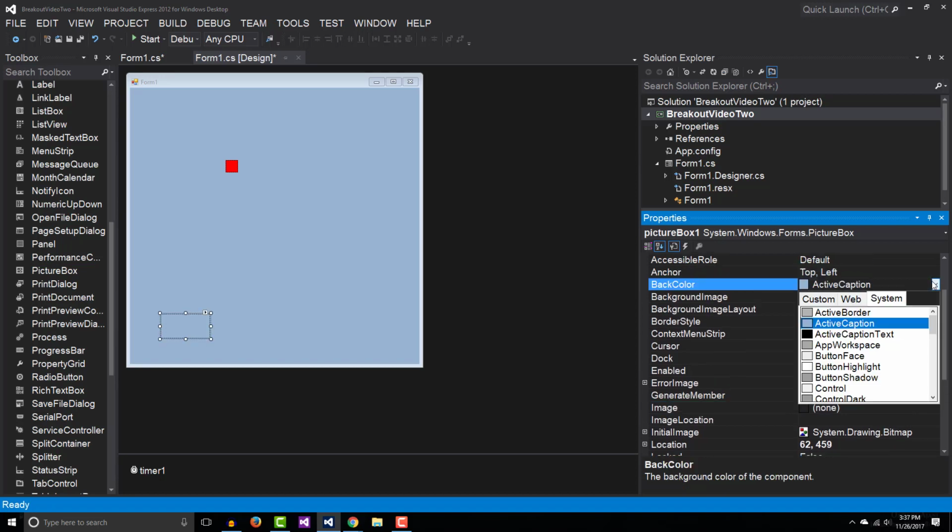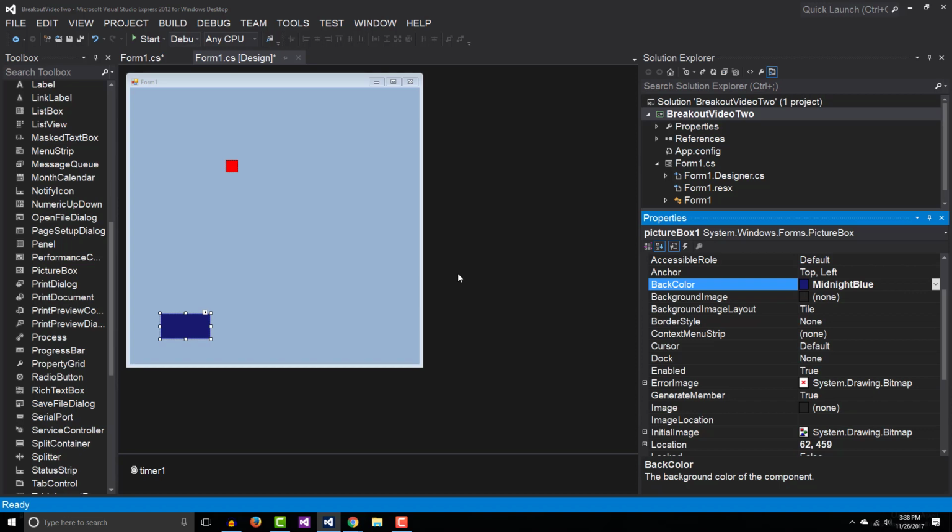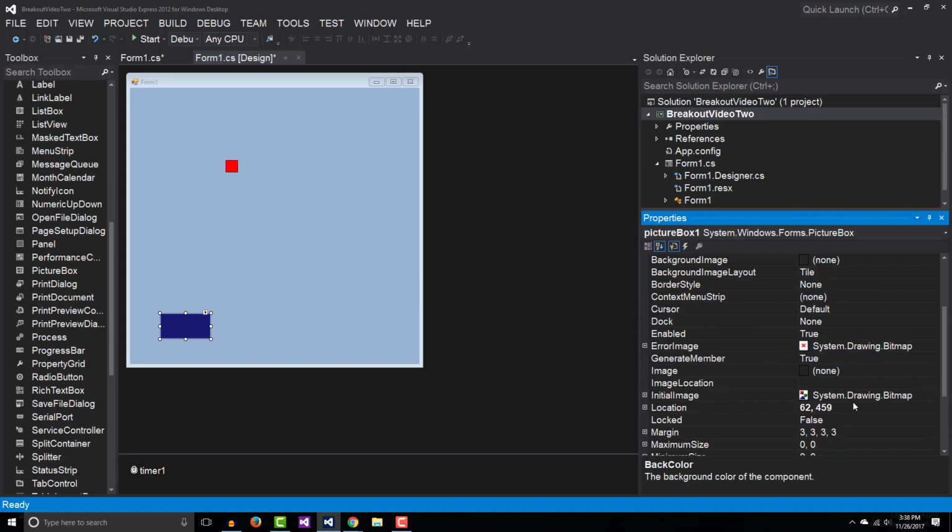We'll set the color first of all. And I'm going to just choose any color. Oh, maybe blue. I think blue would be nice. We already have blue. Maybe like that. Yeah, that looks okay. And then